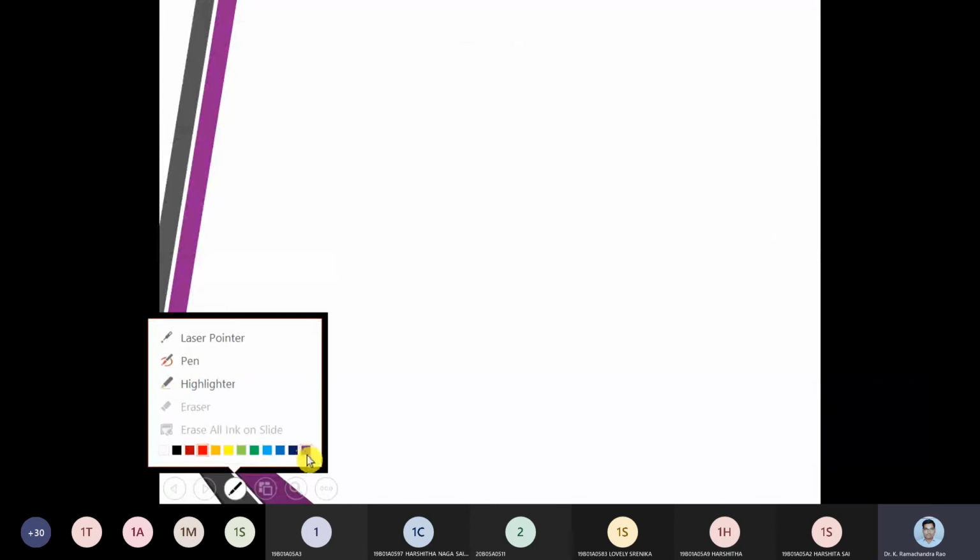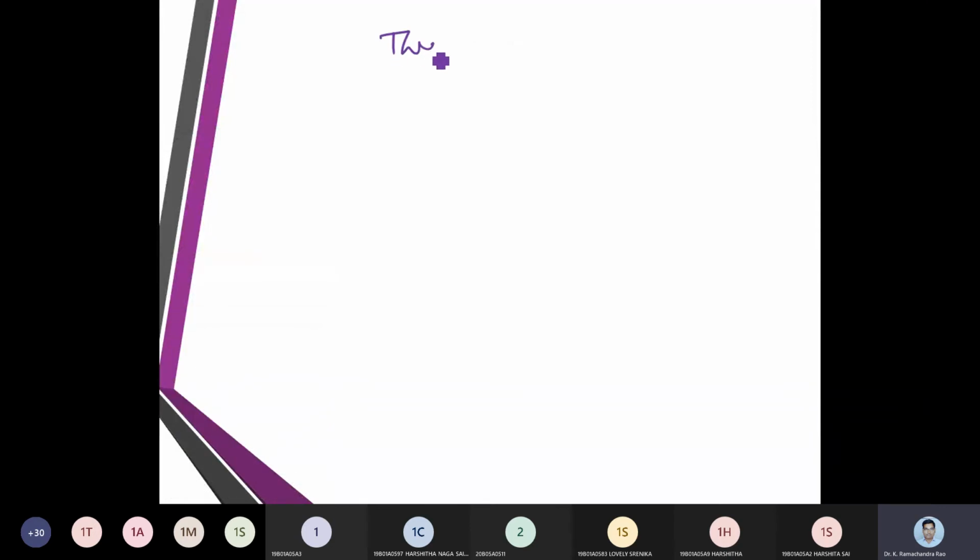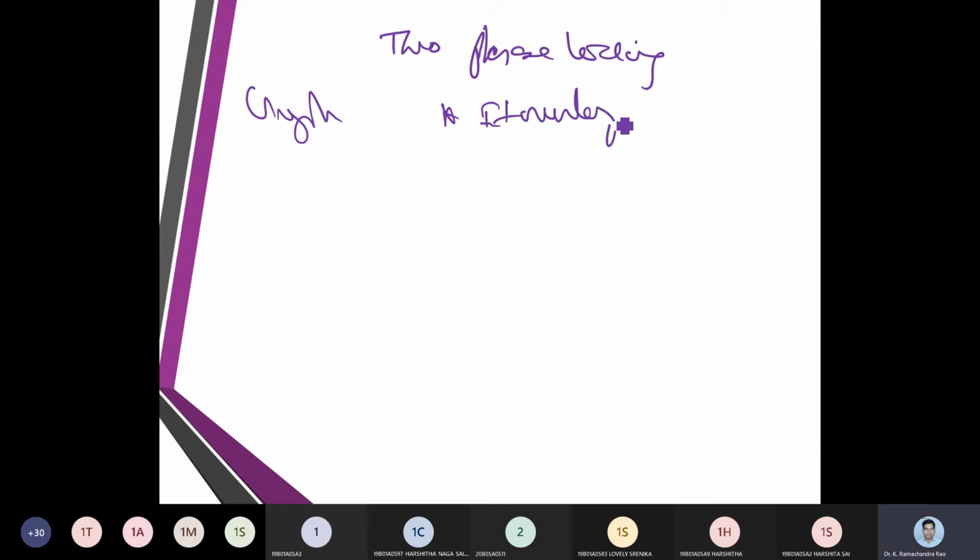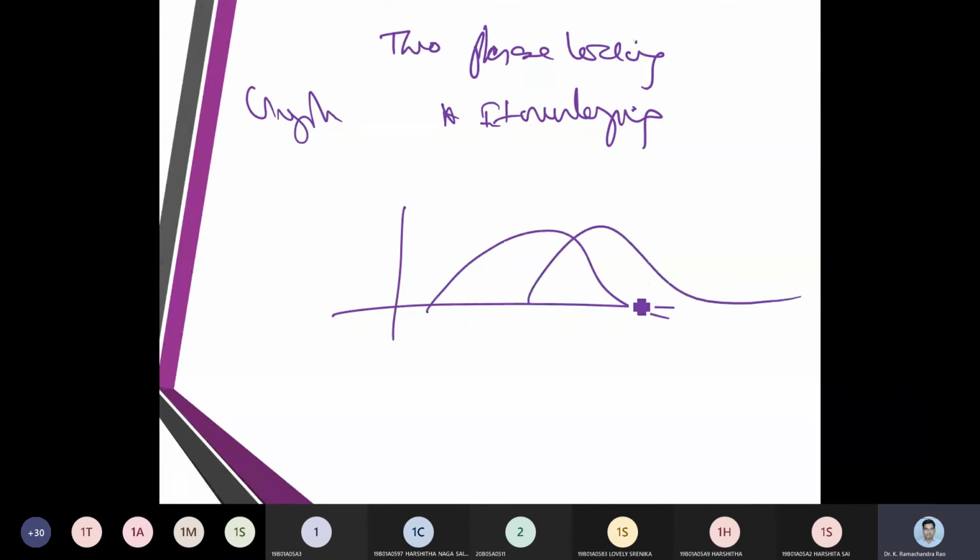So in two-phase locking, we have a graph. There is an overlapping area. So we put an item called the growing phase, then we put an item called the shrinking phase, and the overlapping item is still present.